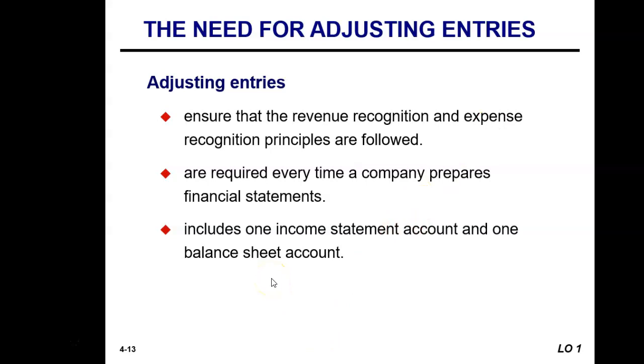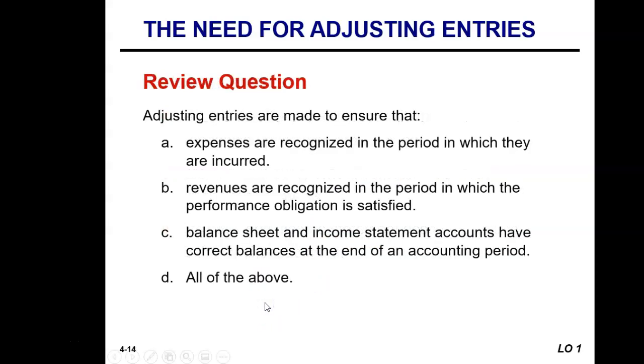When you're making an adjusting entry, it will always include one account from the income statement and one account from the balance sheet. So remember those rules. When making adjusting entries, you're going to either increase a revenue account or increase an expense account. You're going to include one account from the income statement and one account from the balance sheet. Okay? So adjusting entries are made to ensure that